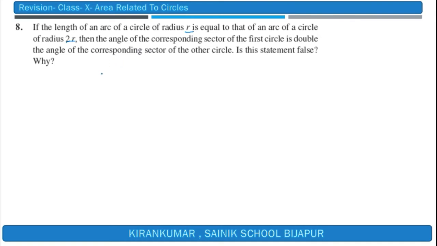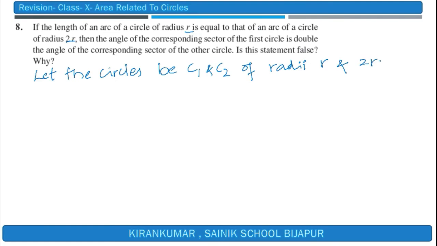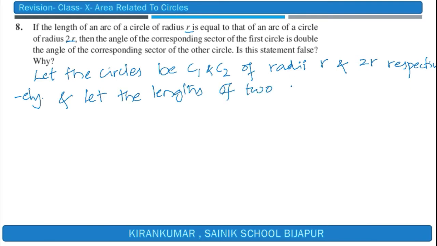Let me consider the two circles to be C1 and C2, of radii r and 2r respectively. And let me consider the lengths of two arcs be L1 and L2. As per the question, L1 is the length, say AB,